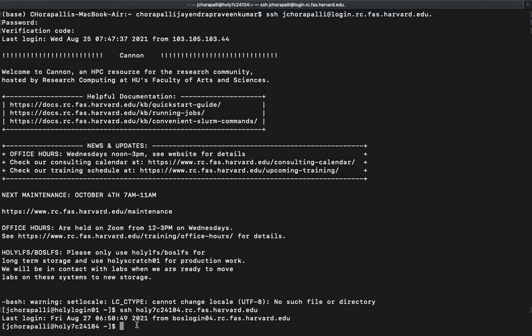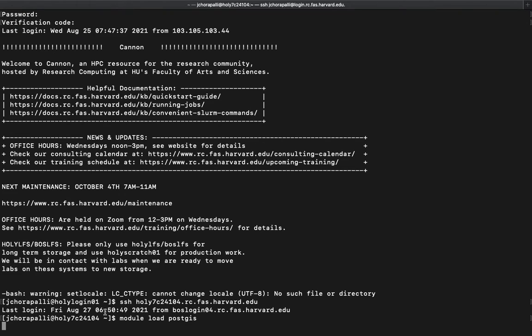Let us load the PostGIS module, which will help us to connect to the PostGIS shell, using the module load PostGIS command. Now our PostgreSQL database is having the PostGIS shell, which will help us to perform spatial queries.